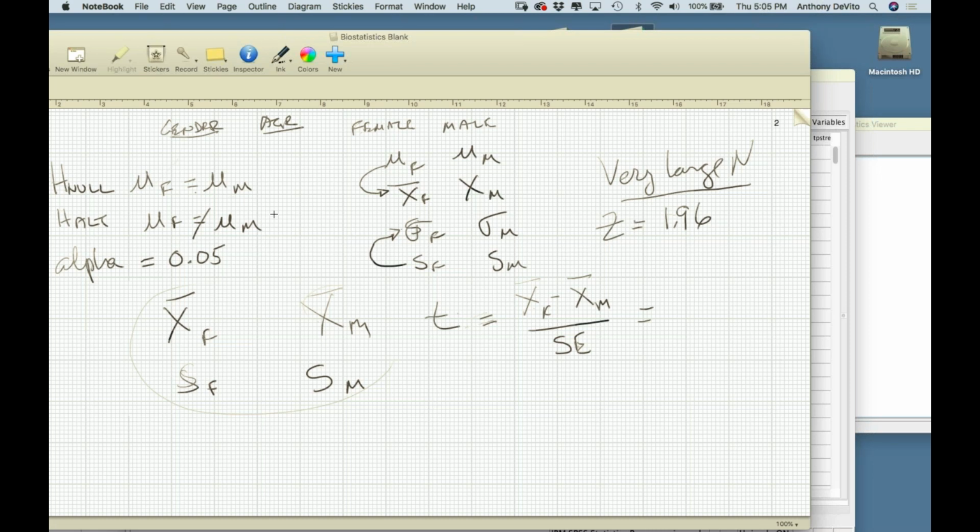We would need for those two means to be 1.96 standard errors apart, right? So in this case, if it was 20 over 10, it would be equal to 2. They're far enough apart for you to reject the null hypothesis, right? But on the other hand, if I told you the sample size is only 10 in one group and 10 in the other group, and